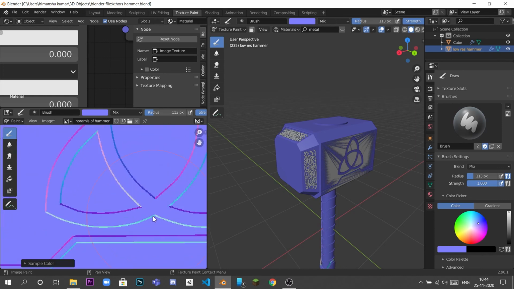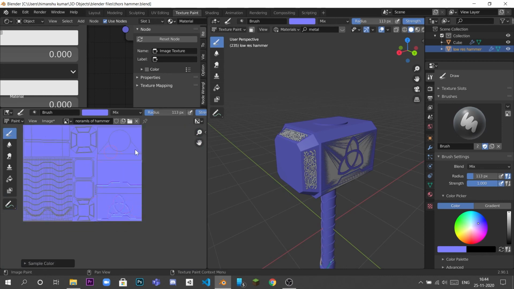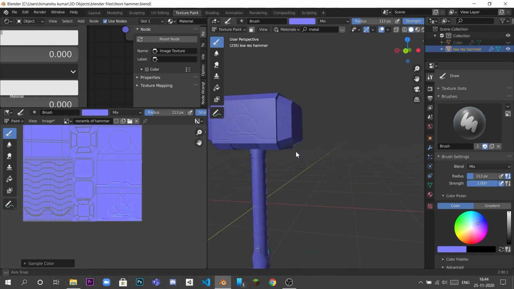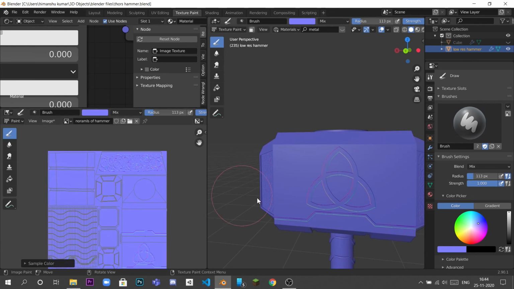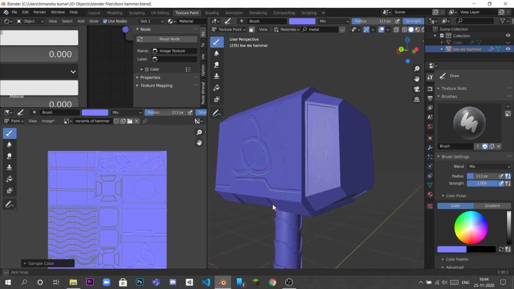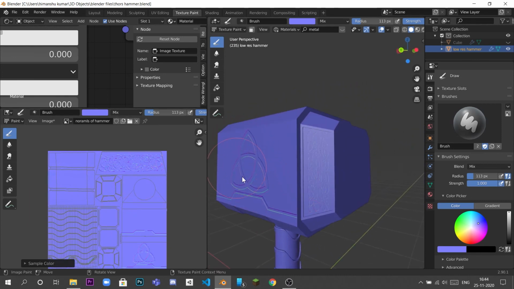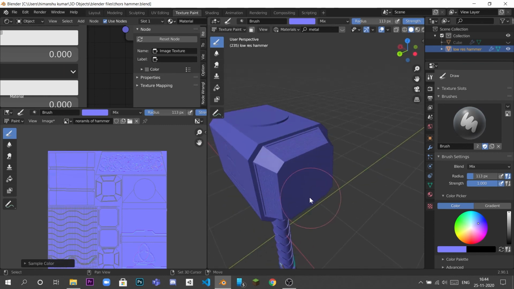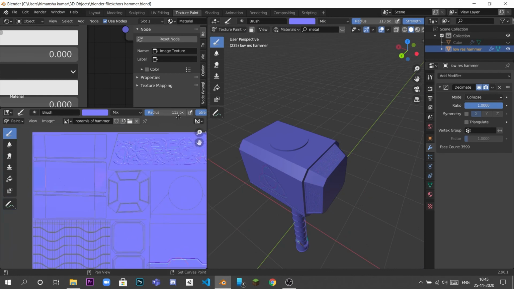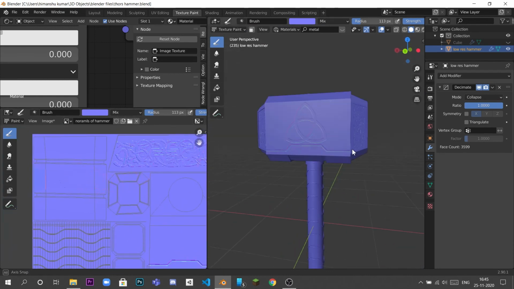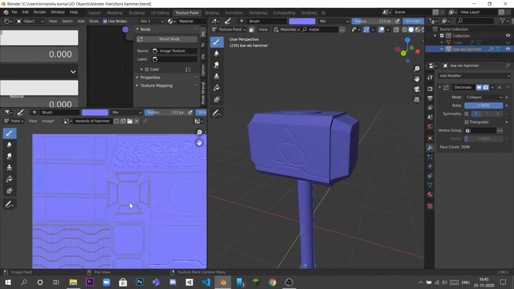Now as you can see, we have cleared the errors we got after baking, and now we have these textures and normals baked out, and we can see how beautiful it looks. This was the technique we can use to clear out the errors.